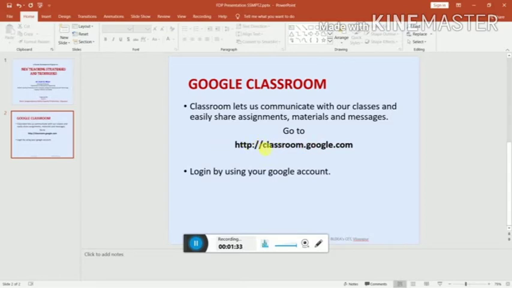Google Classroom is a tool by Google which allows us to communicate with our classes and easily share assignments, materials, and messages. With the help of Google Classroom, we can send notifications or notices to the students, or any assignments.